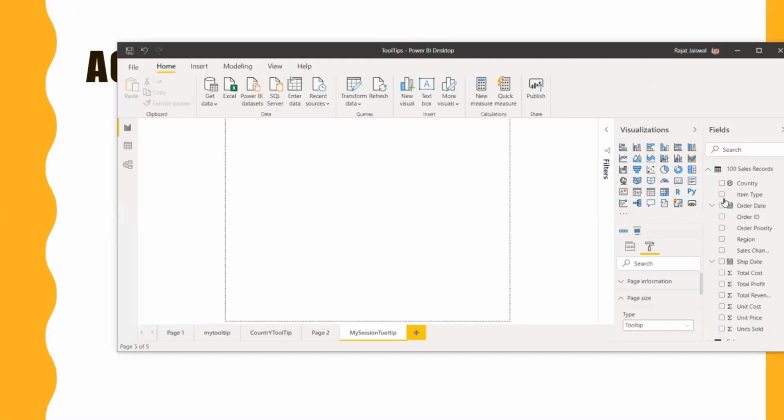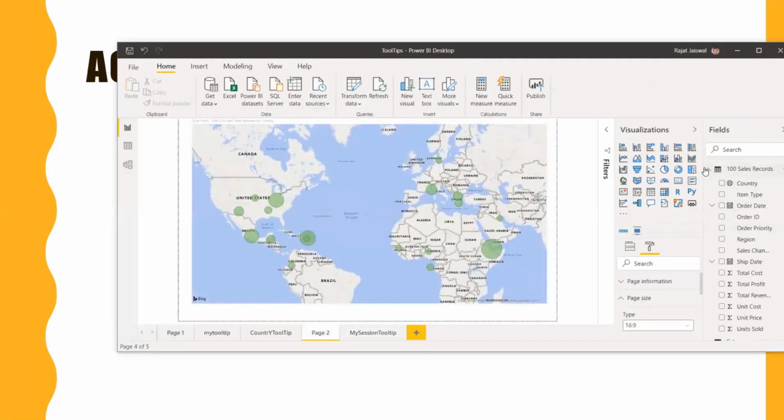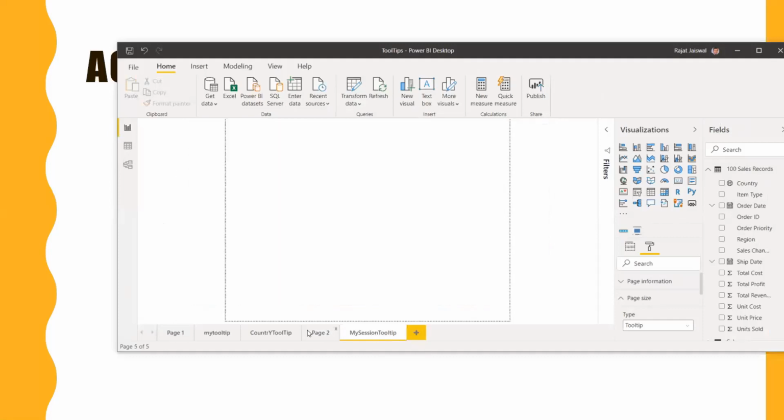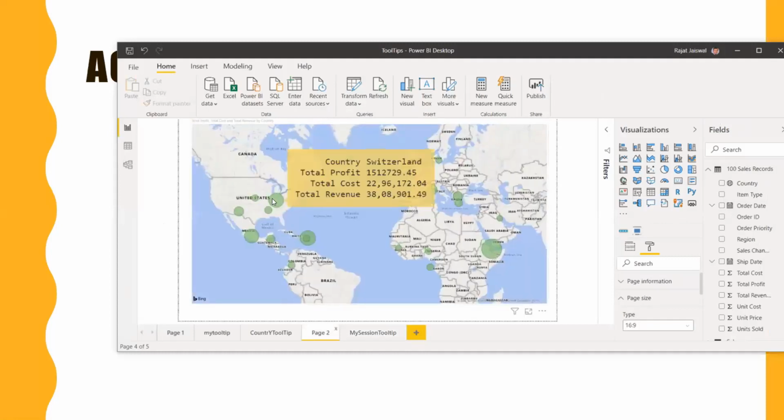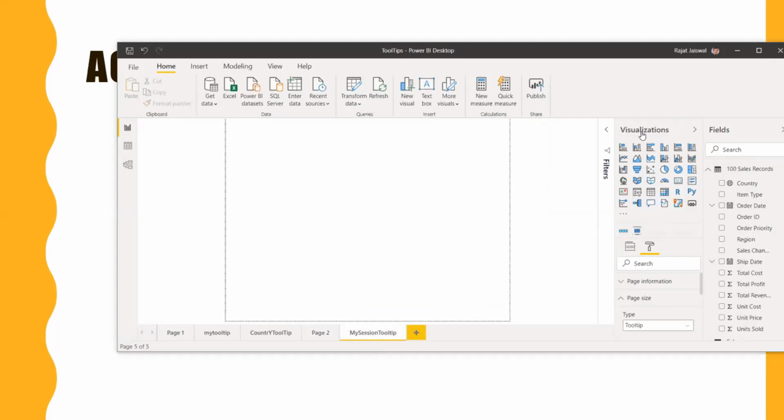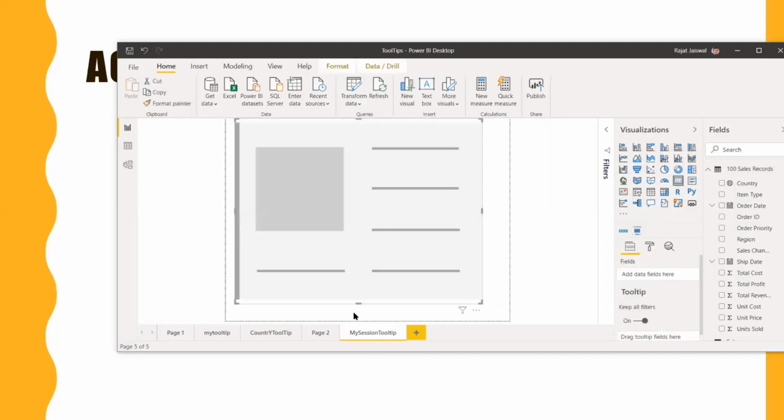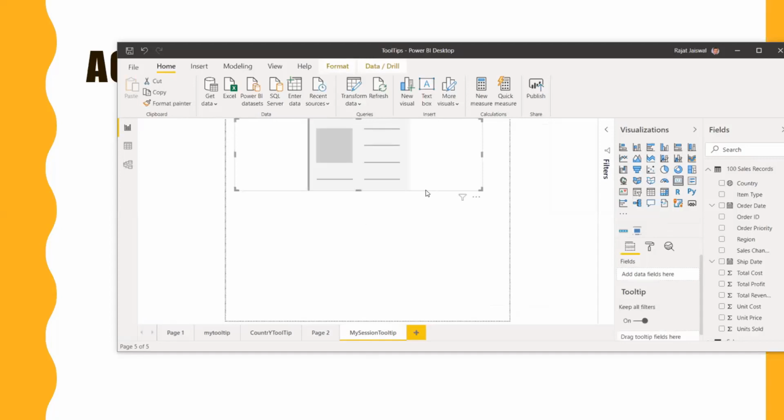Now suppose this is the page which we created with the new data source. This is the 100-record data source which we created recently, and it has 4 different tooltips. Now what we actually need is, when we hover on the country, we should get year-wise cost. So let me do one thing. Firstly, let's say, have a card and resize it.